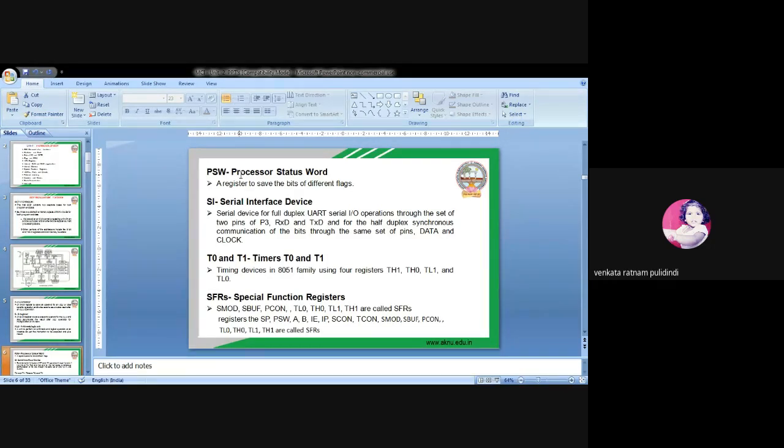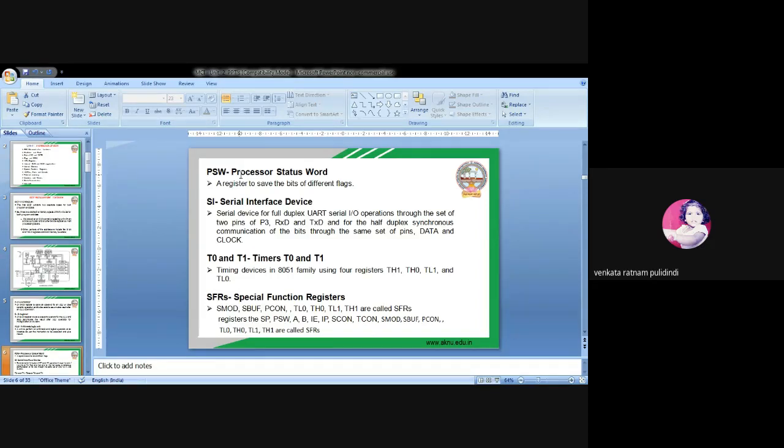Here I give only a brief note about all the elements. We have the program status word topic, and at that time I will display the format of the program status word. For example, what are PSW.0, PSW.1, PSW.2, up to PSW.7? What is the bit position? What are the various bits?